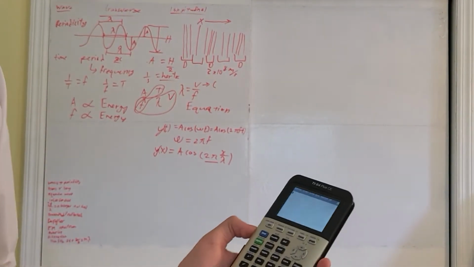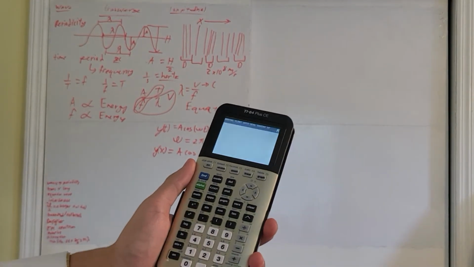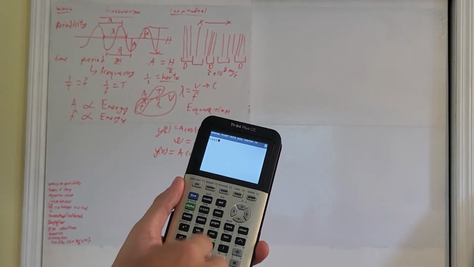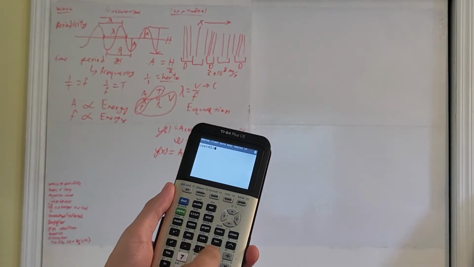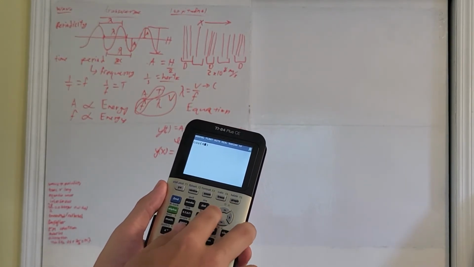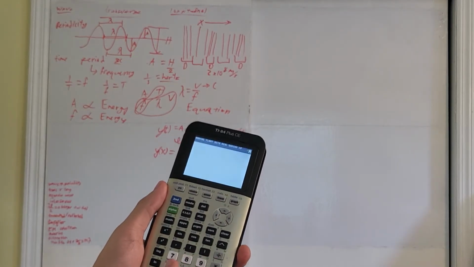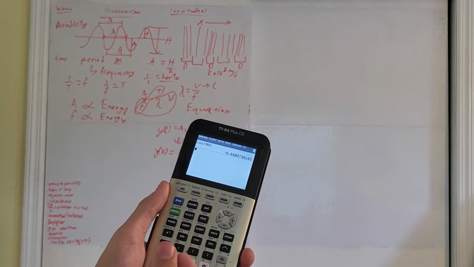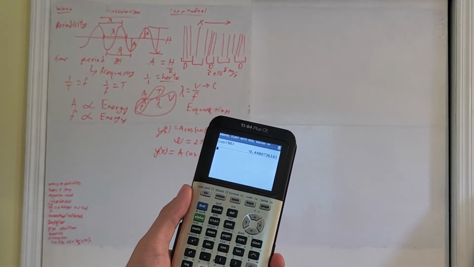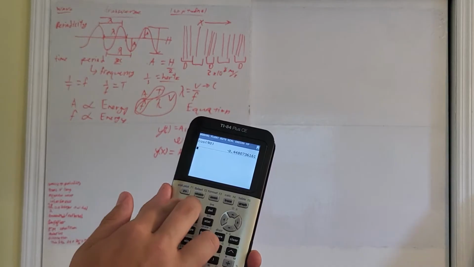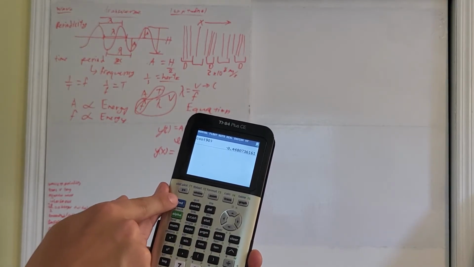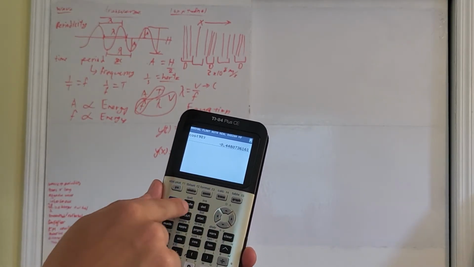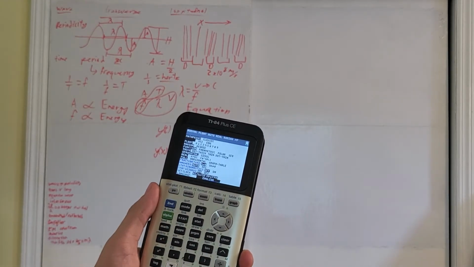Okay, so this is my TI-84 calculator. Usually I'm going to plug in cosine of 45 degrees. Well, let me put in cosine of 90 degrees, and that's going to give me something that isn't cosine of 90. Cosine of 90 is supposed to be 0. Why is that? Because if I press mode,